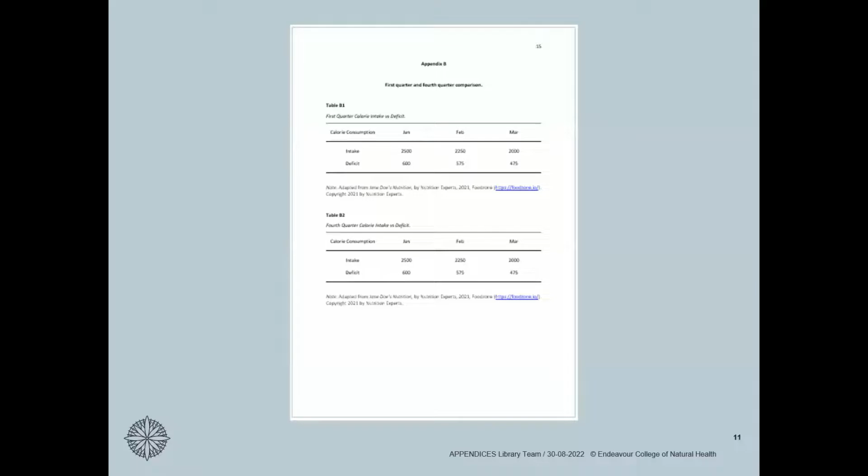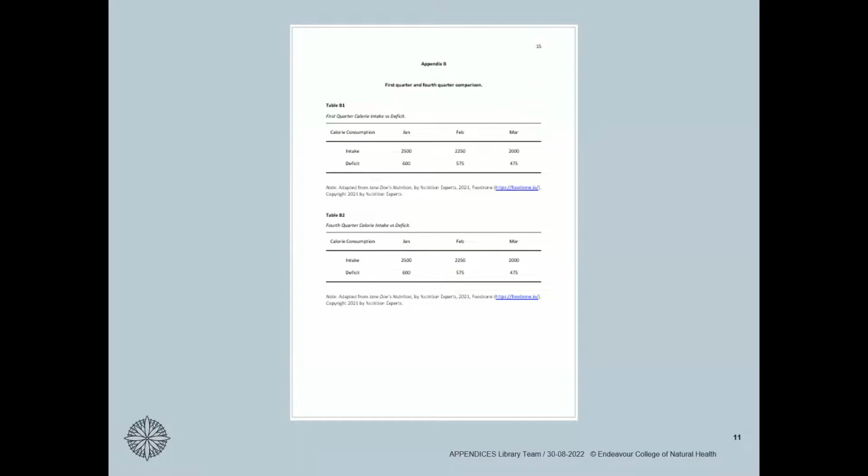This is an example of multiple tables in an appendix. It was the second appendix cited in the body of your assignment, which is why it's labeled Appendix B. You would refer the reader to this appendix by using the table numbers rather than the appendix label. And you can do this in either a narrative way, for example, as seen in Table B1, or parenthetically, in